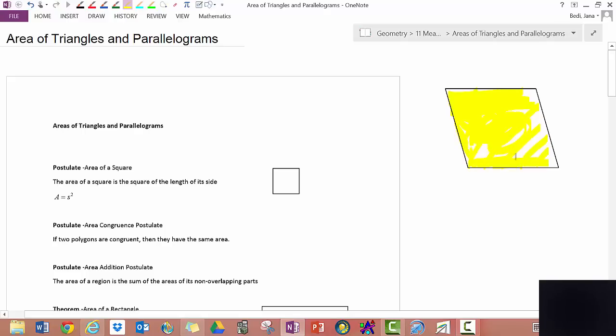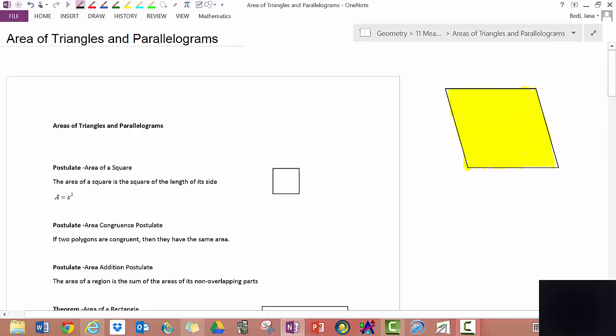This is area. Area is two-dimensional. Length is one-dimensional. The way we find the area is by using the lengths of the sides, or we find the altitude or height of a parallelogram, and then we find the area. So let's talk about,